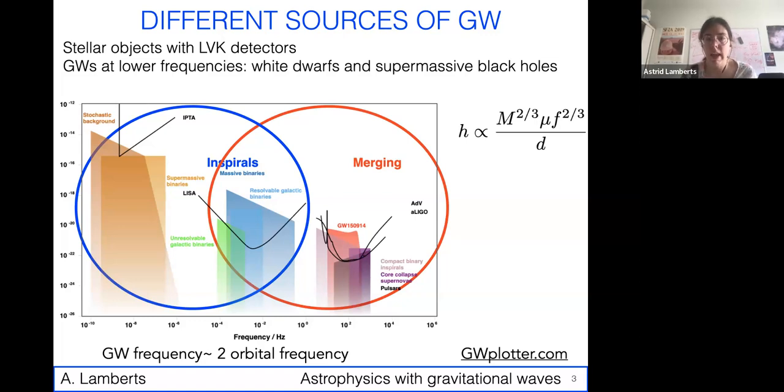And if you look at the equation that tells you the strain of the gravitational wave, you see that lower frequency means lower strain, lower amplitude. So these things are harder to detect, and it means we'll only detect systems in our neighborhood, in our own Milky Way. So with LISA, we're going to detect what we call resolved galactic binaries, which is really individual binaries that are just turning around each other.